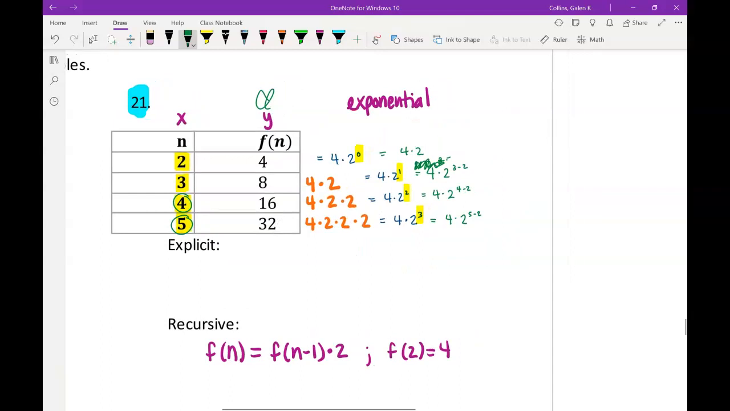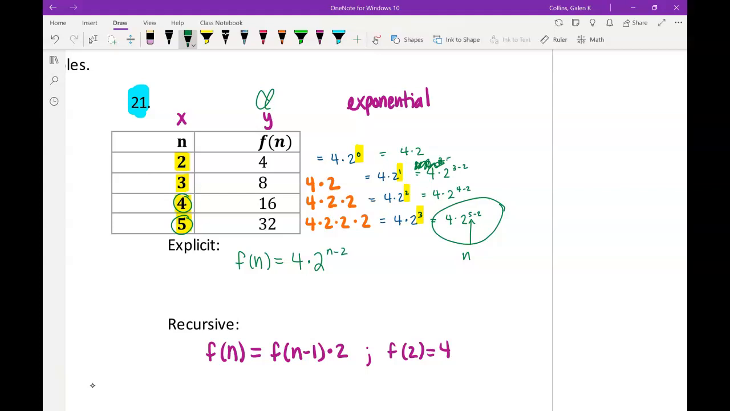I'm just going to keep rolling with this. So look at this form. Look at where, now it's working. Look at where n is. So I could write this explicit equation as f of n equals 4 times 2 to the n minus 2